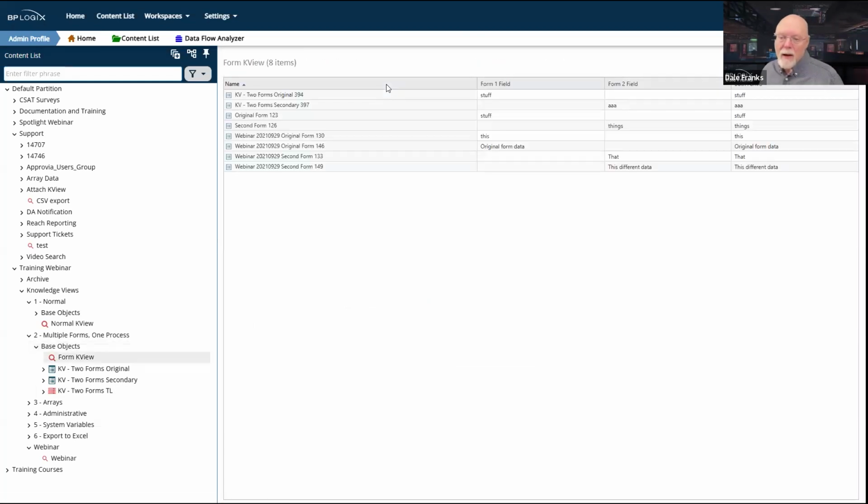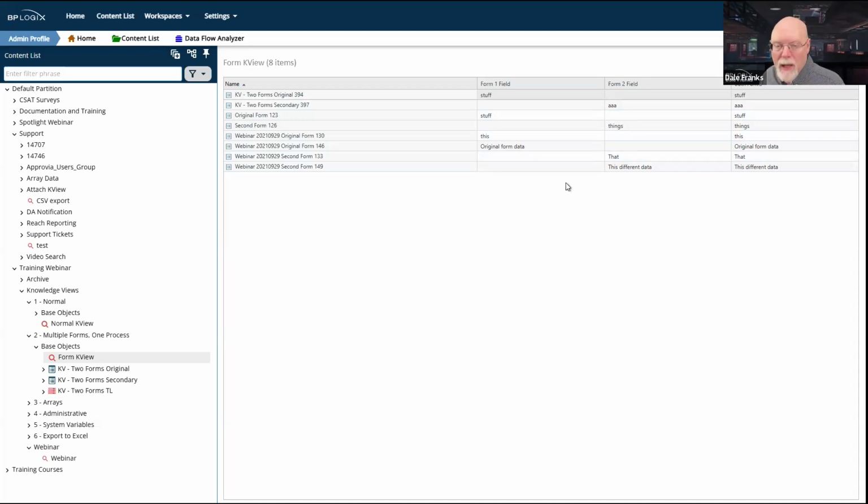And there's also a couple of other things that I'm going to notice whenever I run such a knowledge view, which is that I do have two forms, and I've given them various names, which I probably shouldn't have, but I've got my primary and my secondary form, my original form, my secondary form, whatever you want to call them. That's not important. What is important is there's different data on either form. So this is going to look kind of ugly, where I'm going to have one row that has one set of data and then one row that has another set of data. I'm going to have all of these blank rows. Depending on what I'm doing, I may or may not want that.